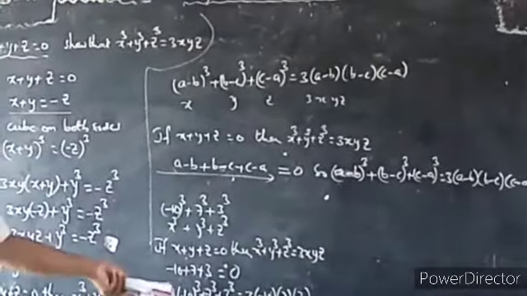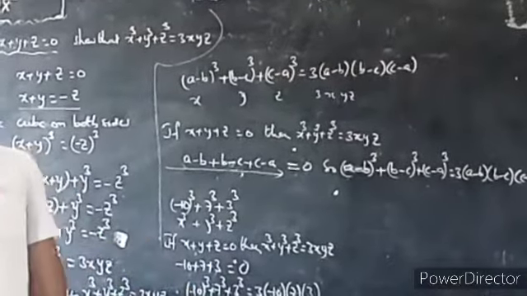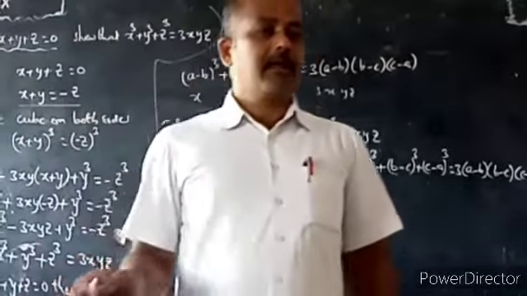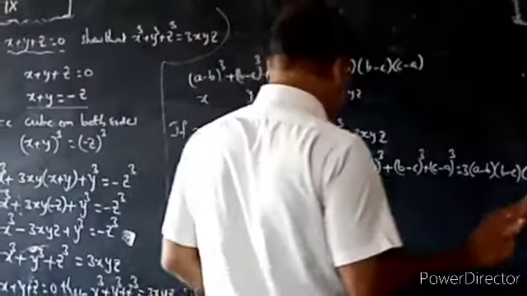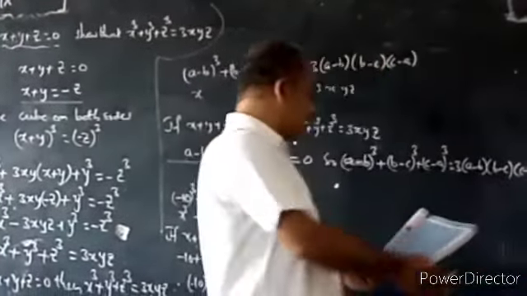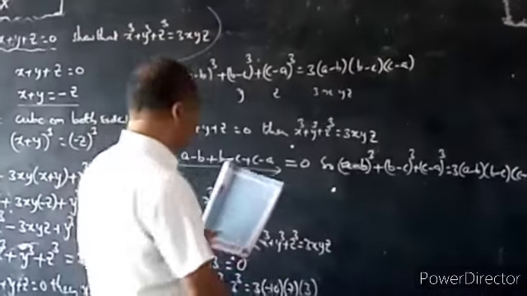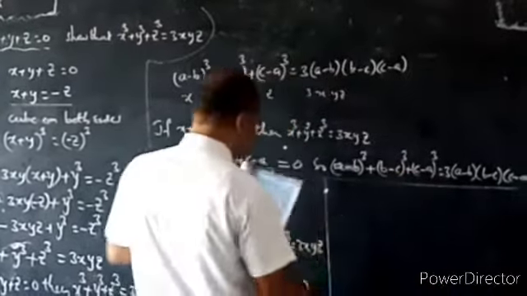Without actual multiplication, we are getting the product here, by using the identity: if x plus y plus z is equal to 0, then x cube plus y cube plus z cube is equal to 3xyz. By using that condition. In the same sense, here 3 more problems are given. I will explain one more here, which is given in terms of fractions.